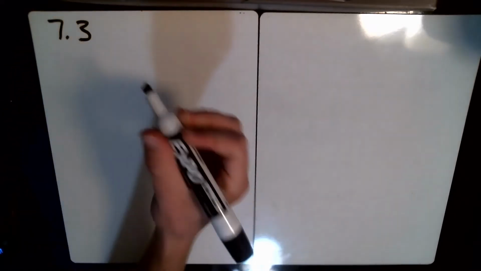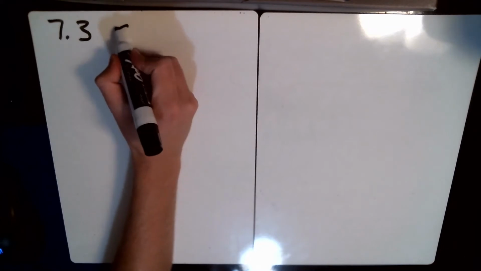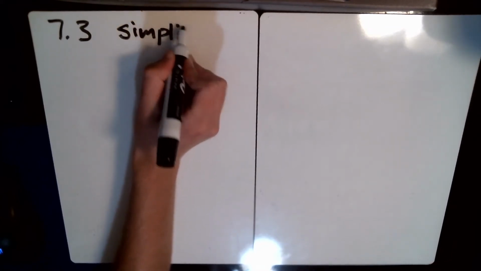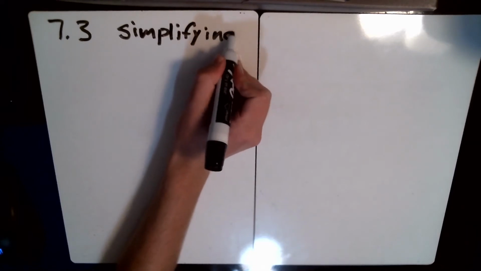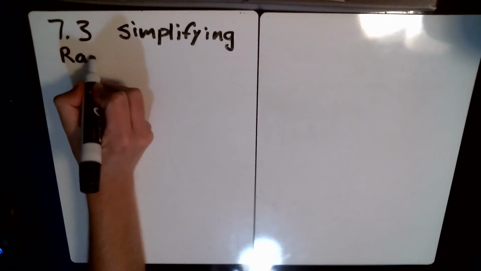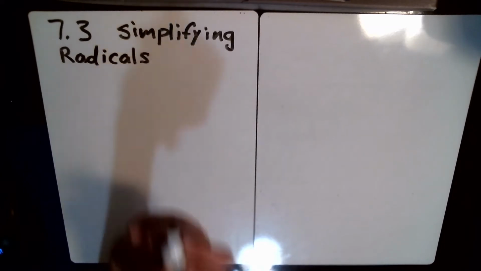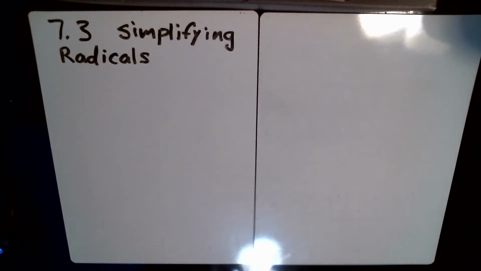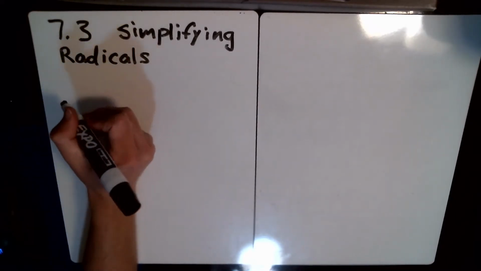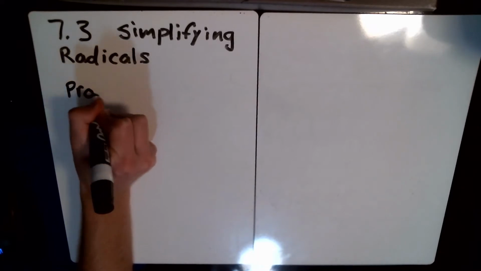book there. So today's set of videos are going to be about section 7.3, which is about simplifying radicals. Okay, so we're going to talk about simplifying radicals and how we do this. The main rule for which we're going to be able to do this, there's really two rules, and they are as follows. The product rule